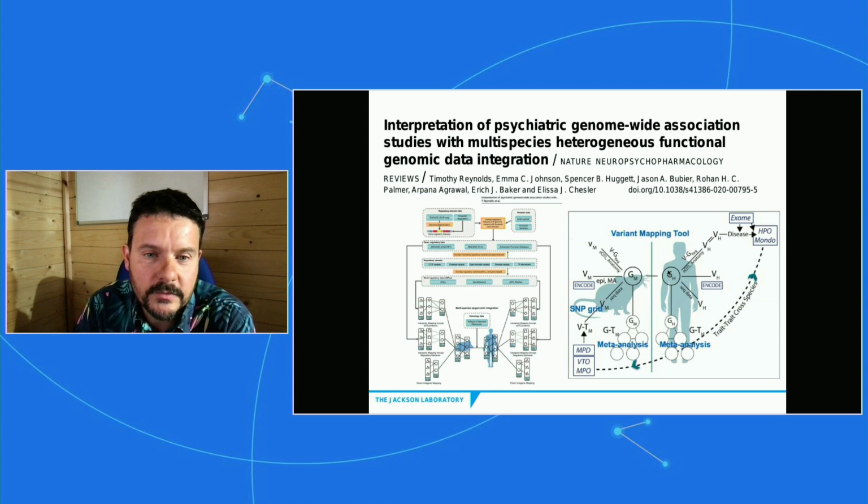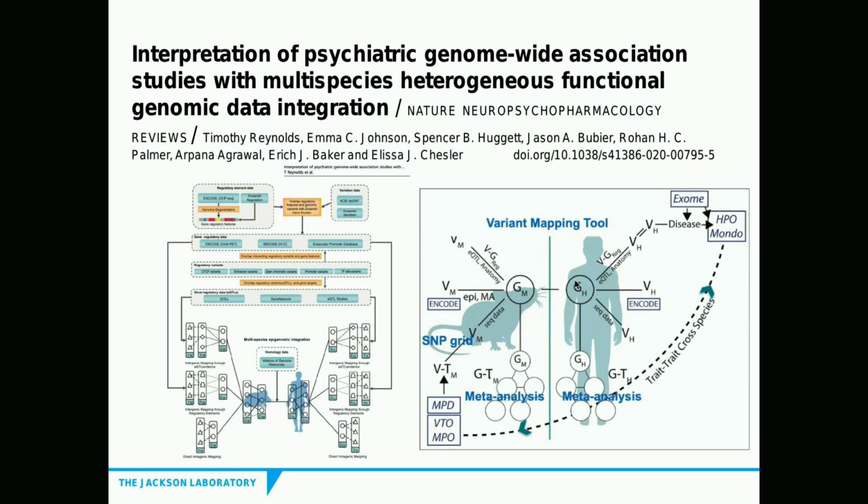So if you see in the bottom left-hand side there, you can see a mouse and a human, and there's some links between them. And it could be another species, but we're focused primarily on mice at JAX, and how they link to humans. But the actual wider graph could be any species and human. And so if you look at disease in that species, you can infer things in the human, and vice versa. So if you have a known issue in a human, you can look at where the genetics of that